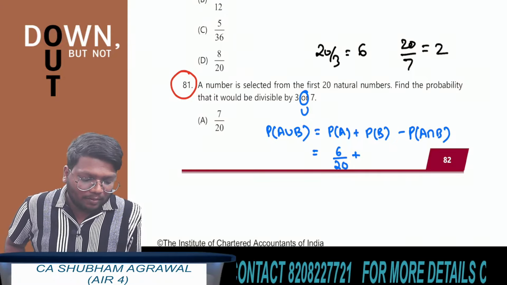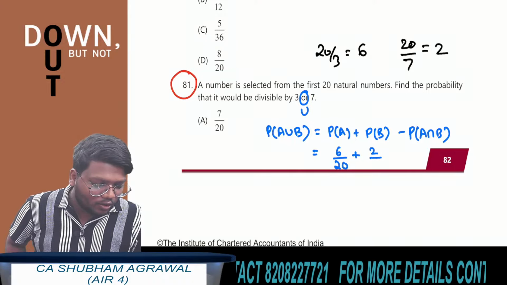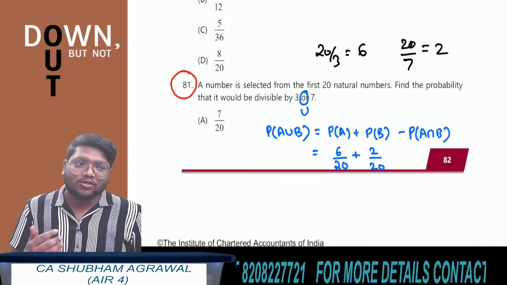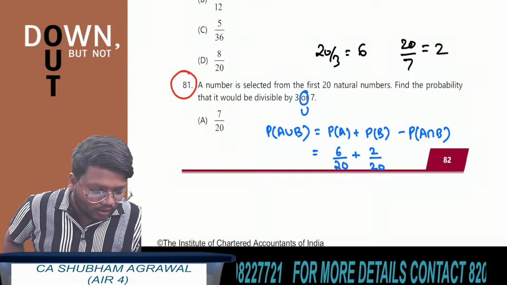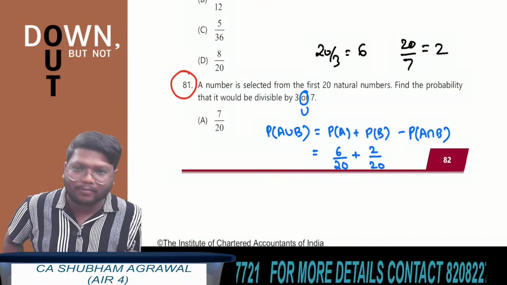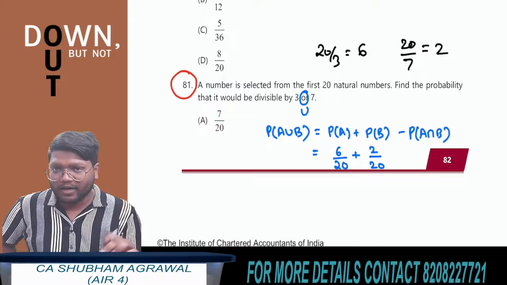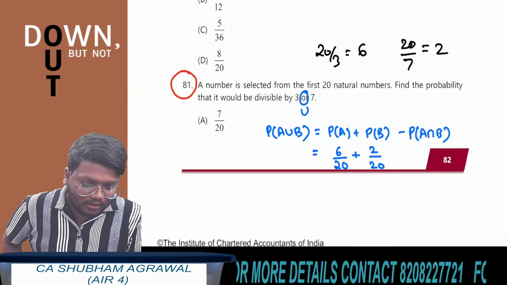Okay. So the probability of B is what? 2 by 20. There are only 2 numbers in the first 20 natural numbers which are divisible by 7, so the number of favorable outcomes is 2 and the total number of outcomes is 20. Now minus